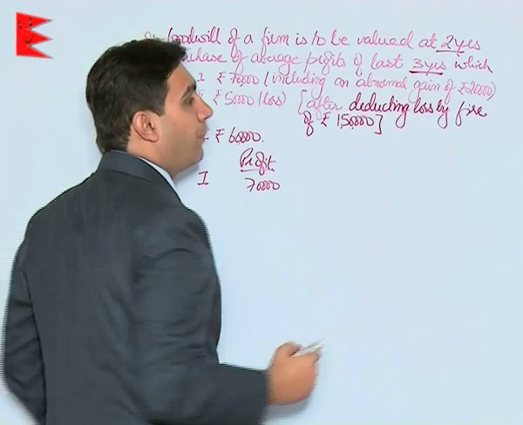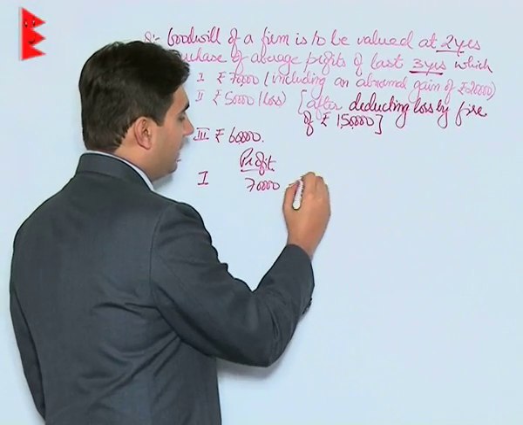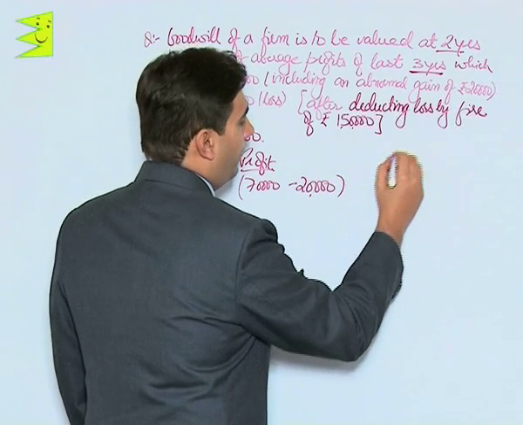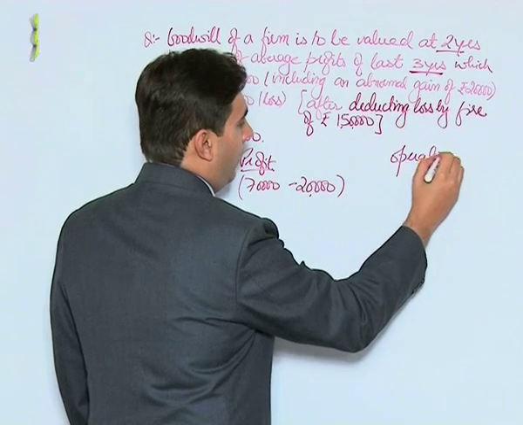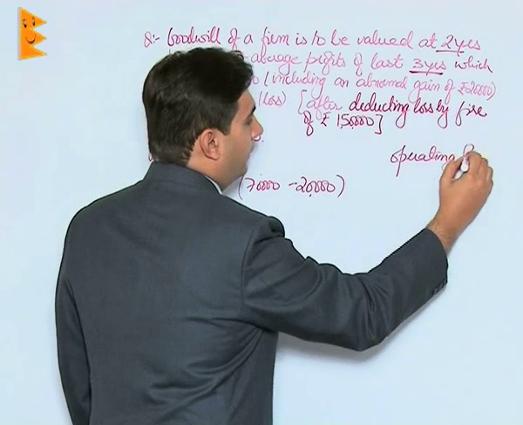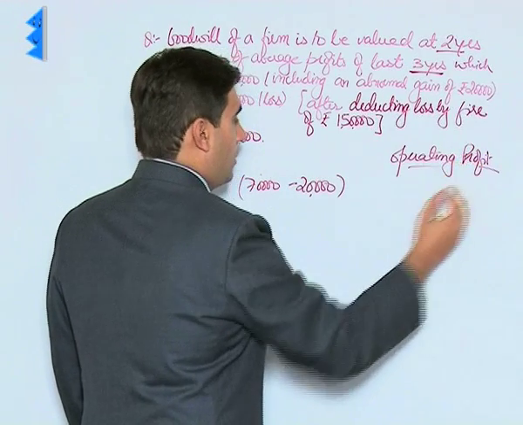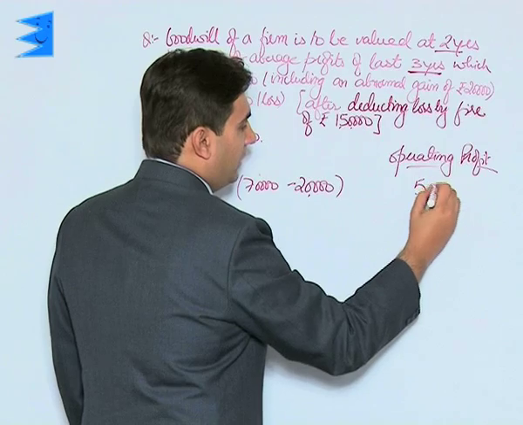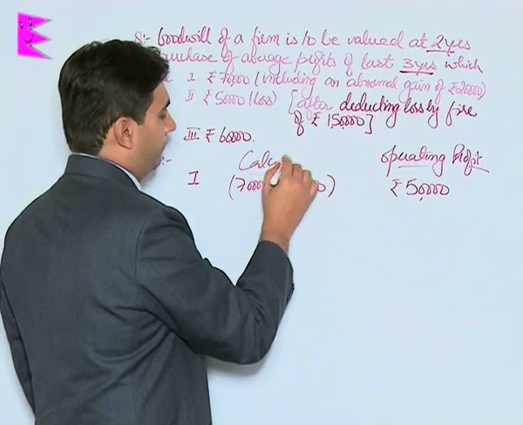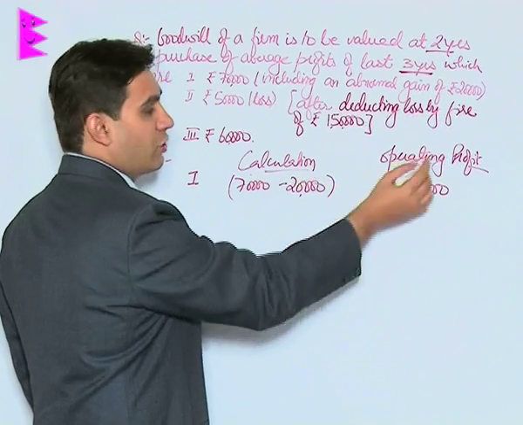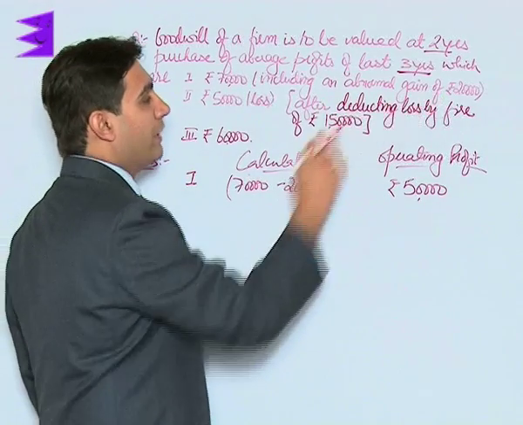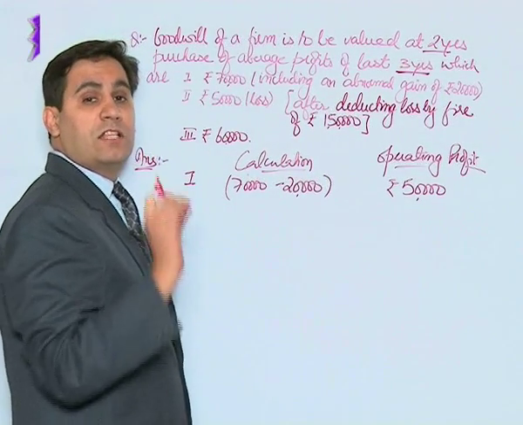but it includes an abnormal gain of 20,000. So we will deduct that abnormal gain of 20,000. That will give us an operating profit of rupees 50,000 for the first year. This is your calculation part, and this is your profit part. So for the first year, had it not been for a gain of 20,000, the firm would have earned just rupees 50,000